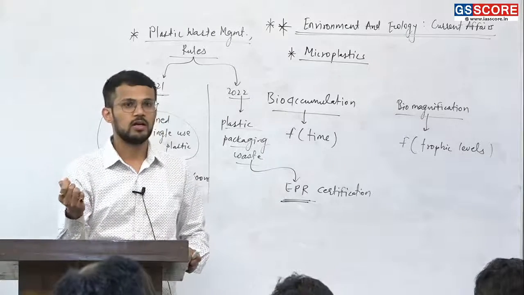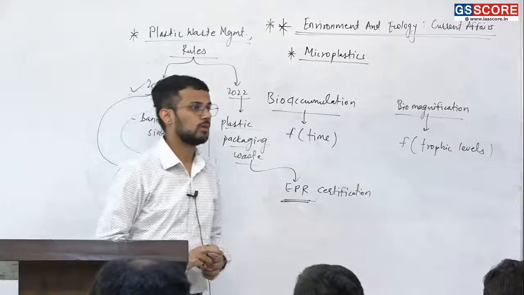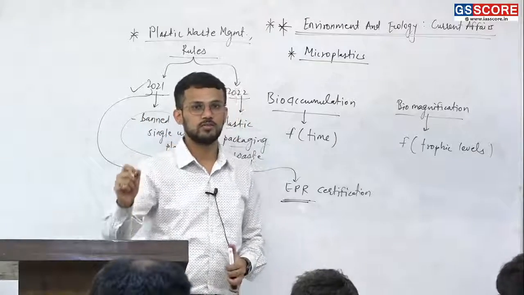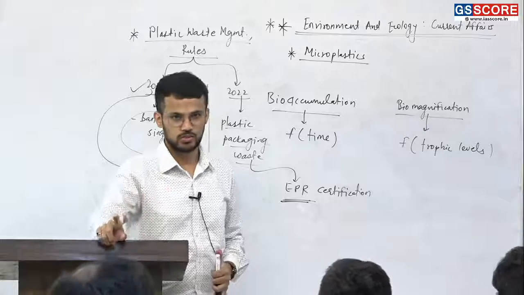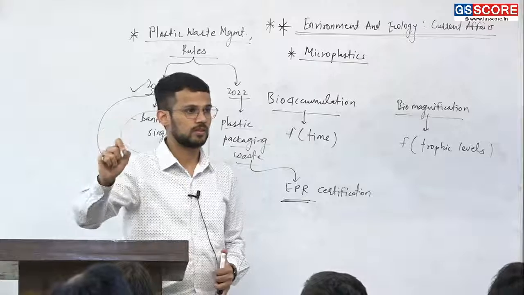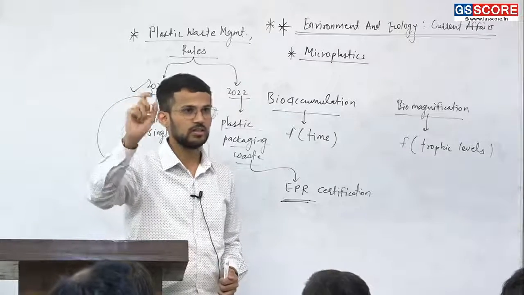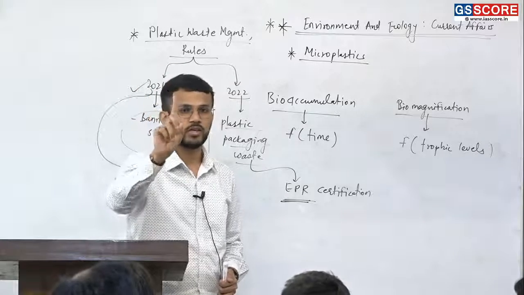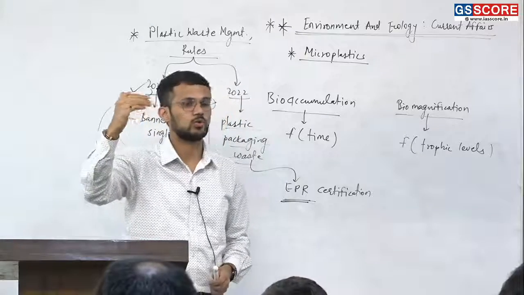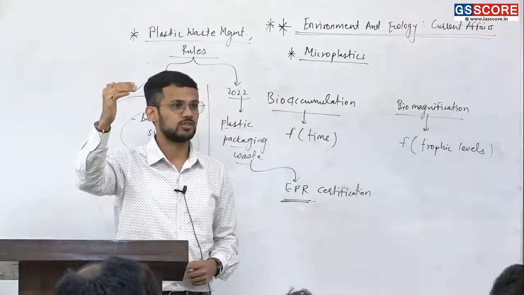Which are those targets? 500 gigawatts of energy by 2030 will be generated from non-fossil sources. 50% of our energy by 2030 will come from renewable energy sources. Carbon emission intensity will decrease by 45% by 2030, right? What is carbon emission intensity? It is carbon emitted per unit of GDP. If we want to achieve 1% growth in GDP, how much emissions we incur to achieve that is